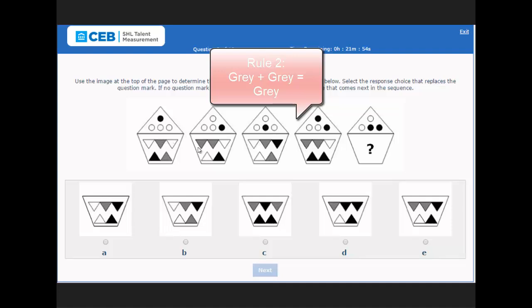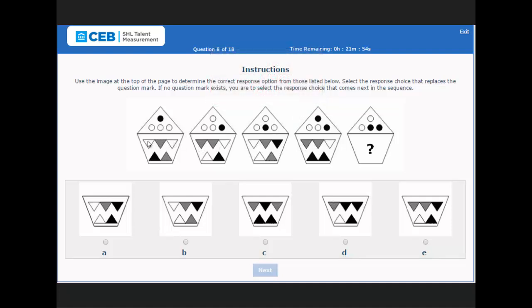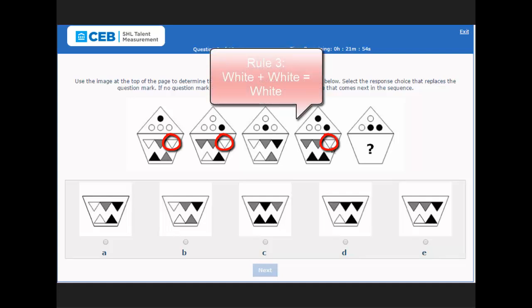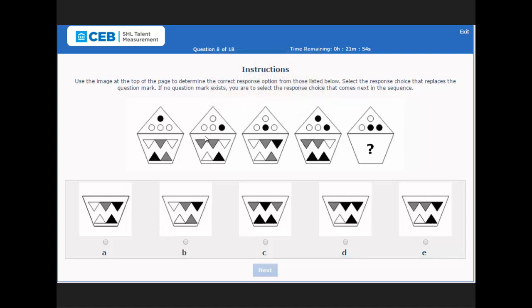Now if we pass again, applying the same logic to the next triangle, this one here, we see that the first frame has a white triangle, the second frame has a white as well, and the fourth frame, the synthesis frame, has a white triangle in this particular location. So the third rule is that when two white triangles are combined together, this results in a white triangle as well. Now if we move into the bottom row triangles and we take the left one, we